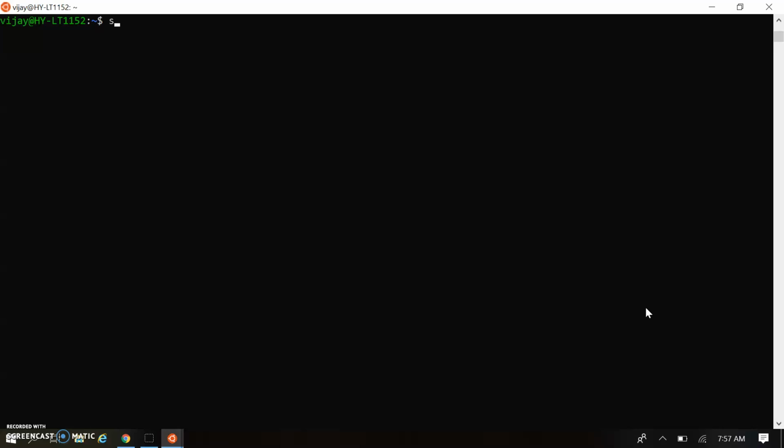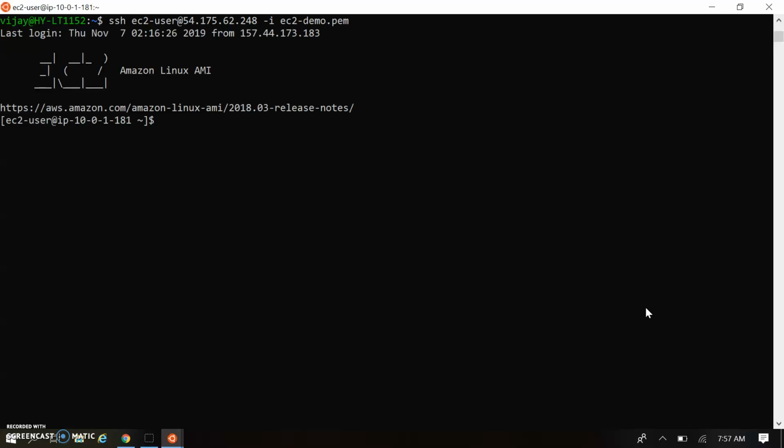So I'm taking the SSH as ec2-user. Okay, so we got SSH access to the instance, and once we have the instance access, we have to install MySQL so we can use the MySQL client.